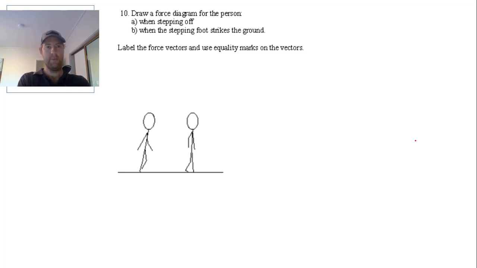Draw a force diagram for a person, A, when they're stepping off, and B, when the stepping foot strikes the ground. This is tough. The reason why it's tough, and I might just talk about why it's tough and not go through the answer and just leave it. The reason is because even if someone walks at a constant velocity,